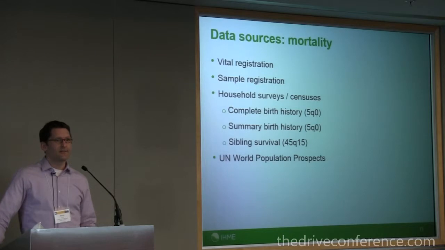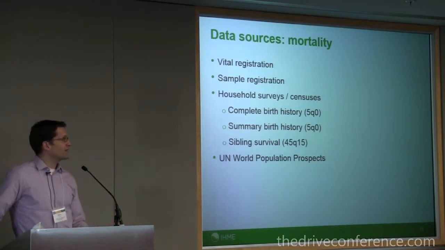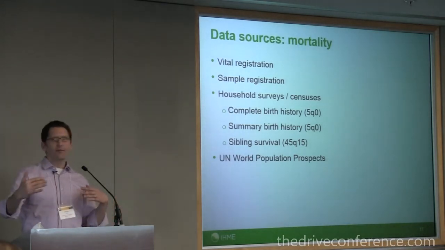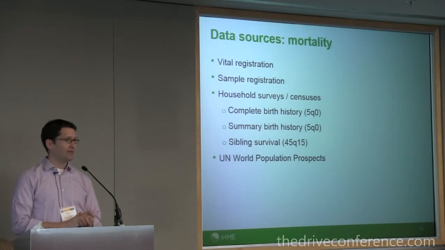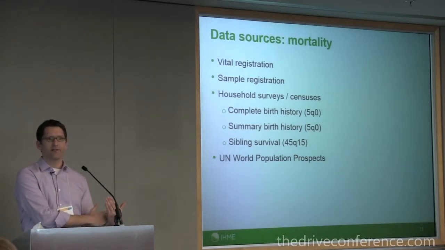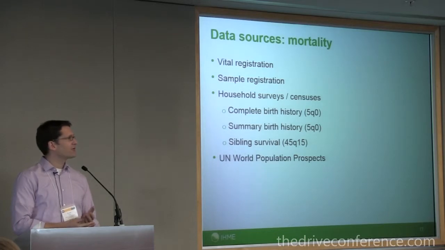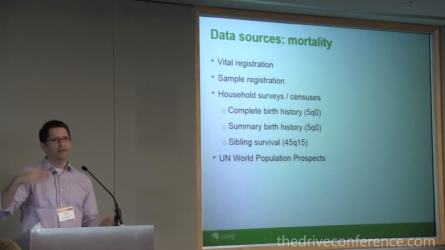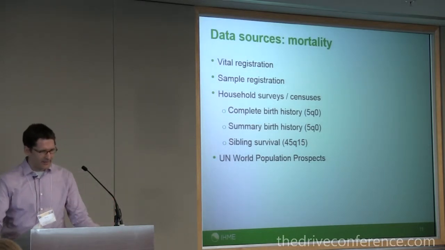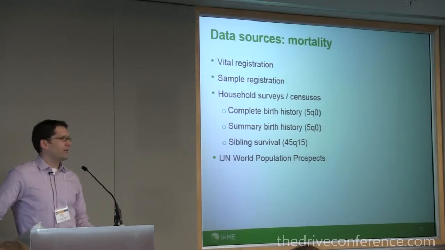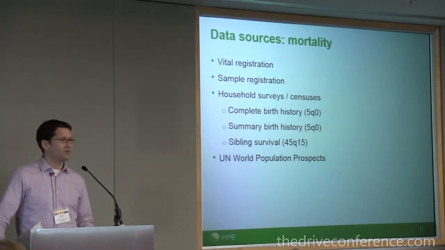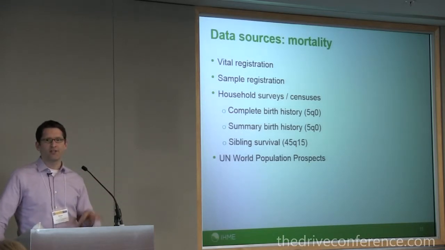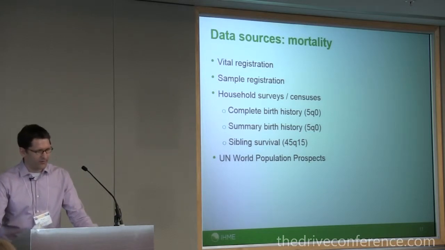And then we use household surveys. Questions in those surveys are asked of mothers: how many children have you had? How many of those are still alive? Based on the age of the mother and when she had those children, you can estimate roughly how many children die in a given country in a given year. Some surveys ask for detailed or complete birth histories, where they actually list all the children with exact birth and death dates, and that helps you aggregate and then again estimate mortality. And then for adults, there's sibling survival, where people are asked how many siblings did you have and how many of those died. And there's various methods that help you then extrapolate from the survey population to the entire population and come up with mortality estimates.